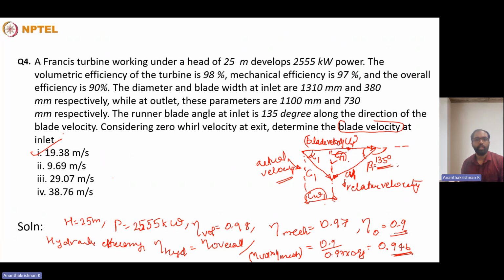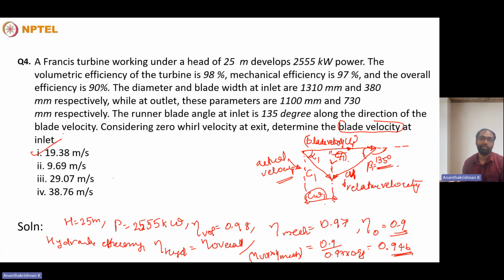So the discharge we can calculate from the overall efficiency term and the power and the head which is given, and using that we can determine the flow velocity component. And the whirl velocity component, in order to determine that, we need the hydraulic efficiency term. The hydraulic efficiency term, we can formulate a relationship between the blade velocity term and the flow velocity component and